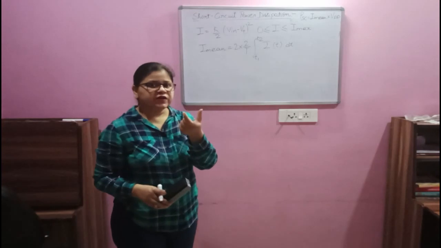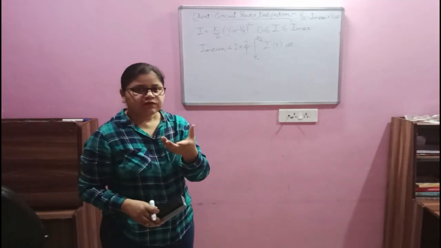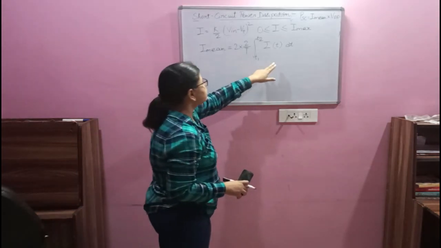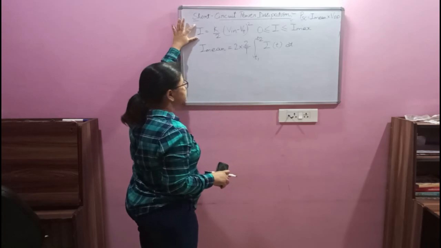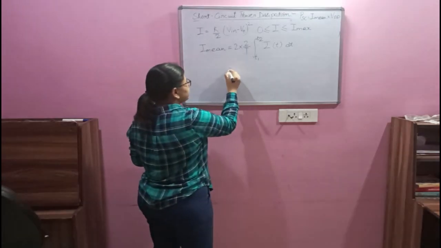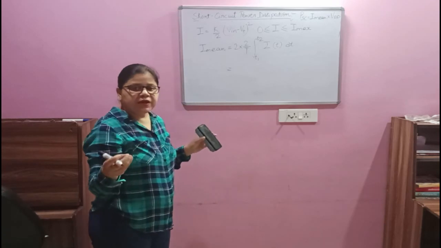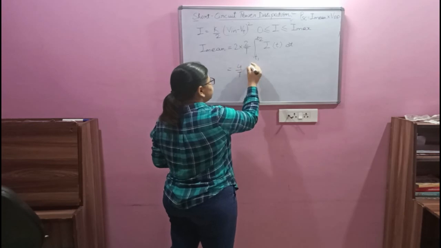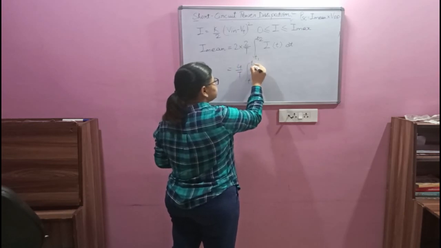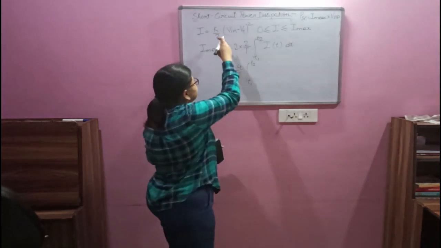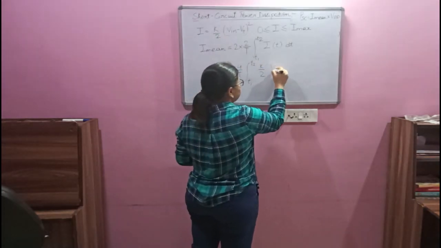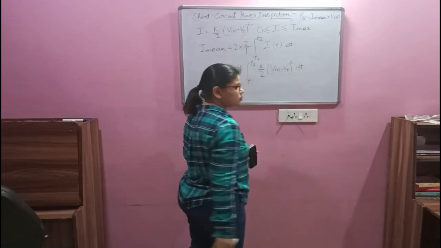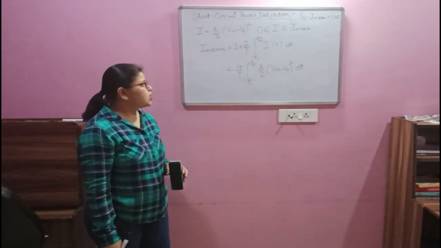So we have T1 to T2 and T2 to T3, those two periods, and then T4 to T5 and T5 to T6. So I am taking it like this. I of t is basically this current which is indicated over here. T is the time period of one cycle of the input signal. So this will be 4 by T, T1 to T2. Now I1 will be replaced by this equation, K by 2 into V in minus Vt whole square into dt. Okay, so this is how we can write this.